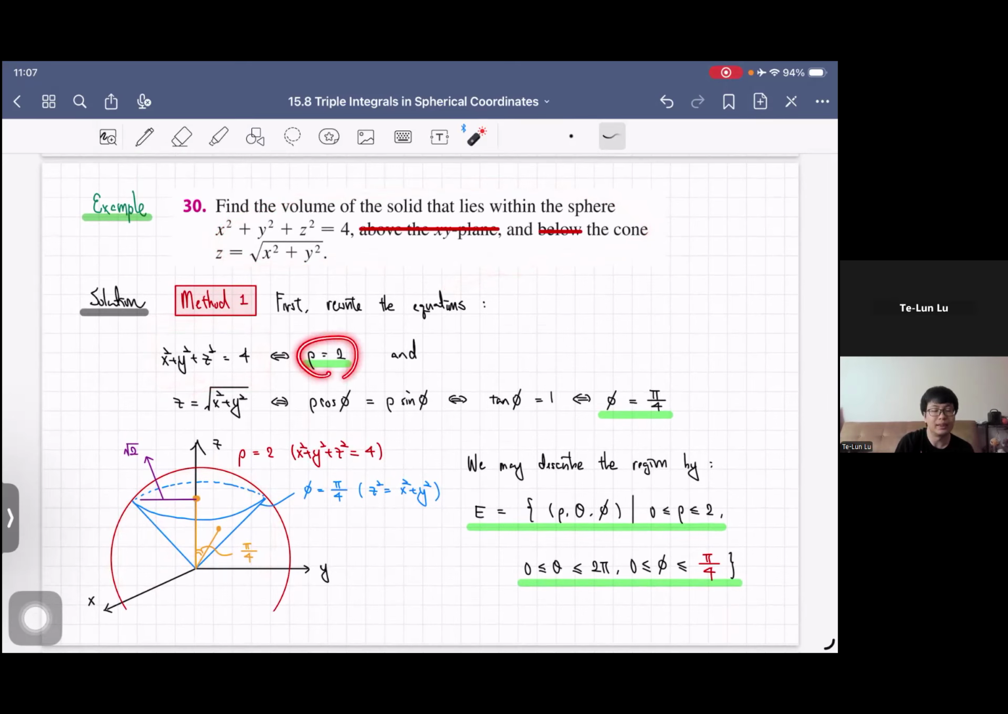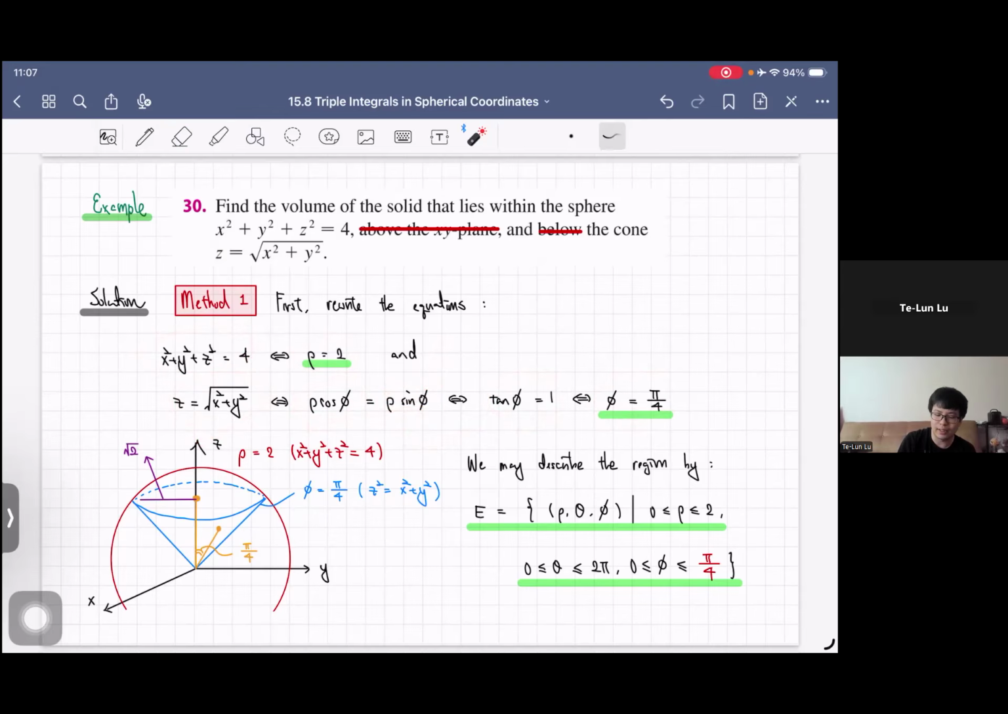It is simply the distance being 2, right? So we can see that basically in spherical coordinates, the sphere becomes a really nice level surface of rho. And for the cone, z equals the square root of x squared plus y squared. You can see that the left-hand side is rho cosine phi, and the right-hand side is rho sine phi. Don't forget that sine phi is always positive because phi is within 0 and pi. And so this tells us that tangent phi is basically 1, or that phi is fixed to be pi over 4,